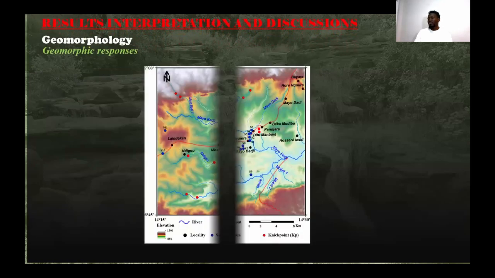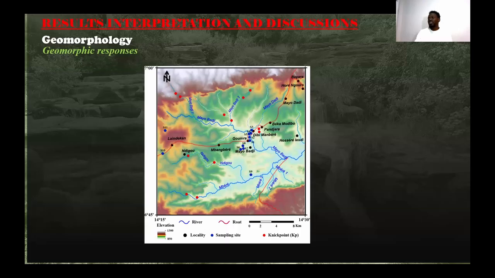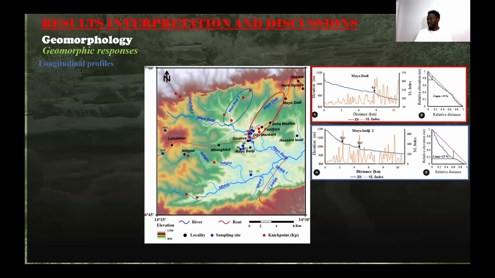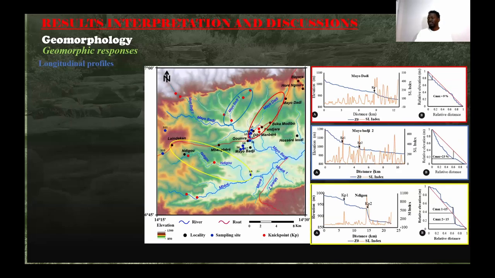The geomorphic responses were analyzed through longitudinal profiles, which can be grouped into three types: the equilibrium profile, such as that of the Mayo Dadi, the concave profile exemplified by Mayo Baji 2, and the convexo-concave profile, like the one of Indigo River. These analyses are based on three groups of geomorphic indices, like the uplift indicators, which include profile relative uplift and stream-length gradient. Relative uplift with a value of